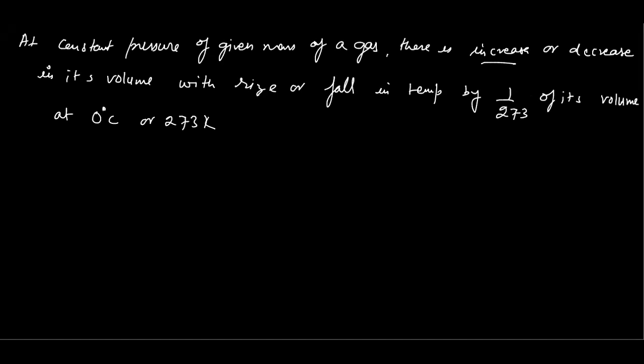For 1 degree rise. Got it? So V naught is always taken as the volume at 273 Kelvin. V naught is always taken at 273 Kelvin or 0 degrees Celsius. So moving further,